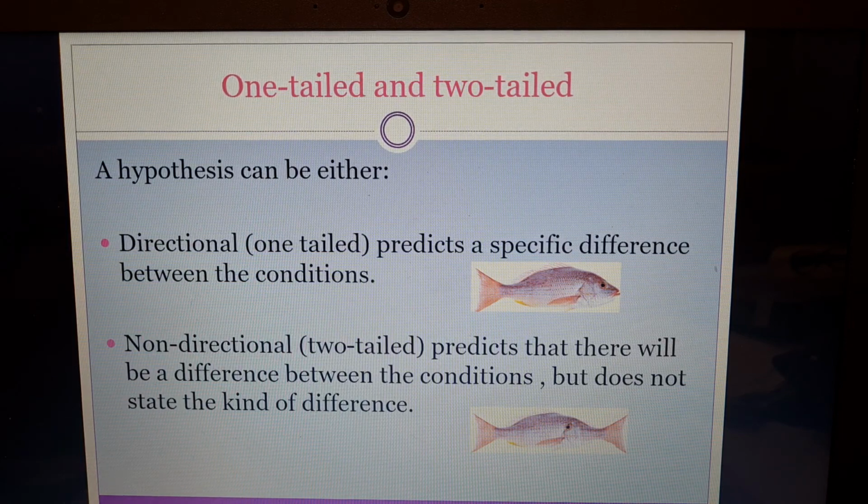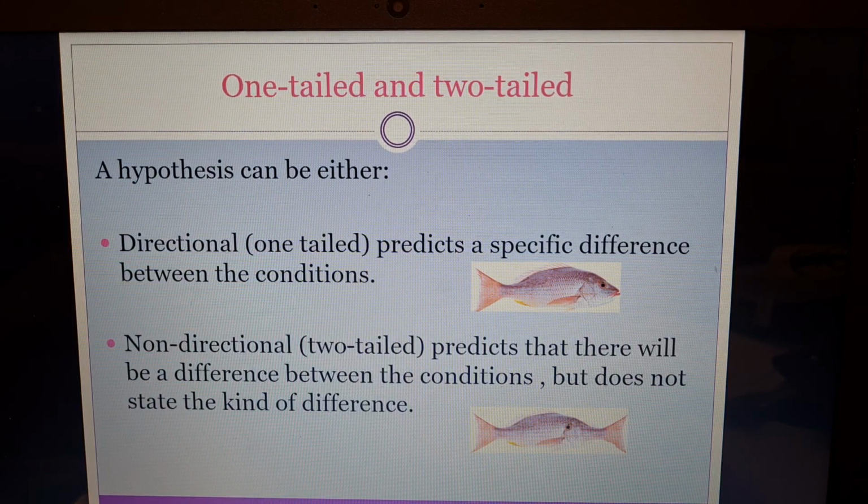You've also got one-tailed and two-tailed hypothesis. So a directional or a one-tailed hypothesis will predict a specific difference is going to be found between the conditions. So this is when you've got so much research that you can make a clear prediction about what is going to happen in your experiment. A non-directional or a two-tailed predicts that there will be a difference between the conditions, but that difference will not always be stated. For example,